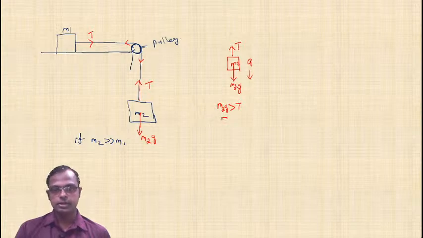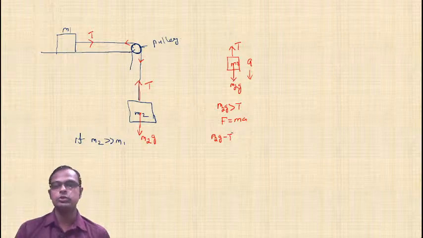So what is the resultant force? F is equal to ma. What is the resultant force in this case? That is m2g is greater, right? So m2g minus tension is the resultant force acting on m2, which is equal to... now which one is accelerating? M2, no? So we can write here m2 into a. Say it as equation number 1.